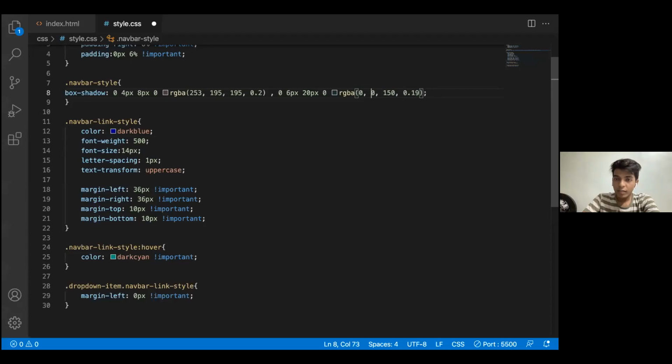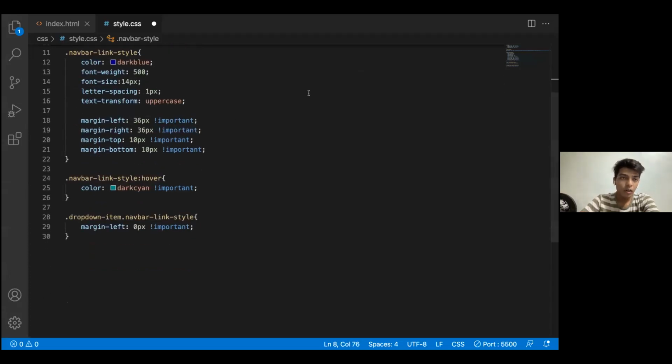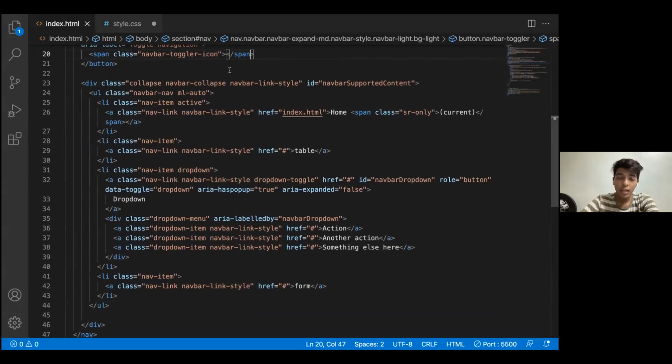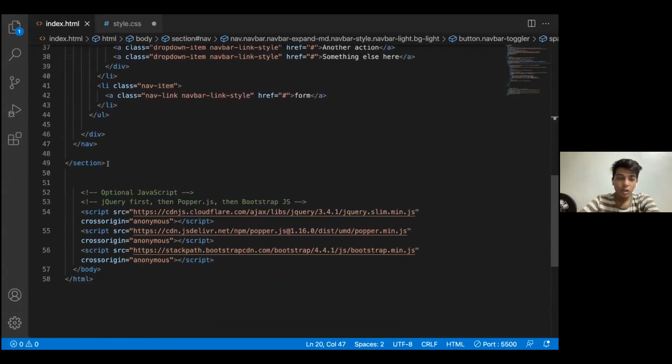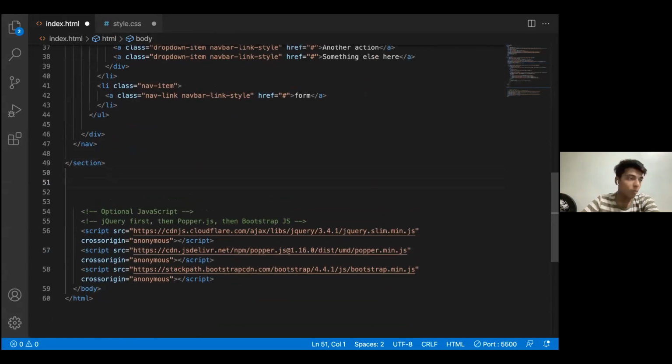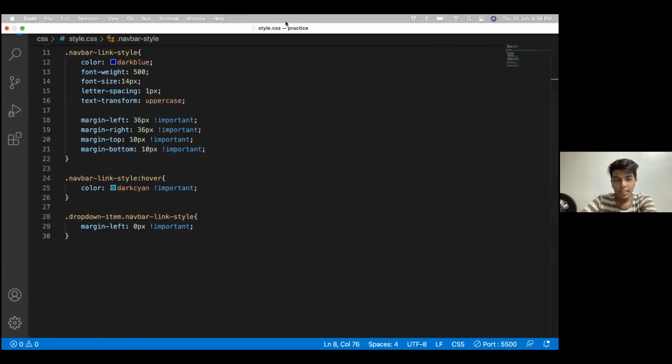So I guess everybody is okay with the styling of the navbar now. So we can move on. Actually, we have to cover forms and tables as well. So if everybody is okay with the navbar now, we'll go to forms and everything else. A couple of yeses would do, please.